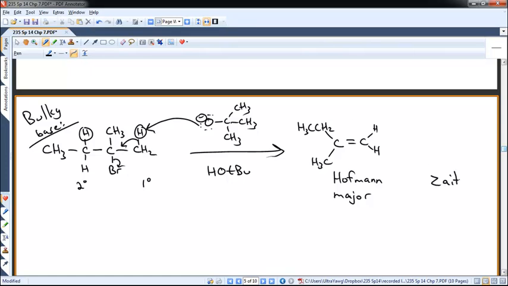The Zaitsev product is still the same product as before, whereas where you remove this proton, electron snaps down here, and you get this structure. Right? But now the Zaitsev product is the minor product, right? So it's not necessarily the case that Zaitsev equals major and Hofmann equals minor. That's what we've been assuming up until now, but now that we know about Hofmann products, we have to